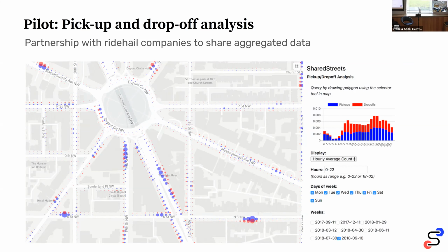It's something that the city of Toronto has used to notice that there were pickups and drop-offs happening in bike lanes, and so they're starting to think about how they can put in some barriers or more enforcement to protect cyclists. So having this information is something that a city can use to really change what's happening and try to improve quality of life for people. That's made possible by being able to describe the street in a certain way, exchange data, and visualize and work with it. The tools that we build for things like this are free, they're open, and they can be repurposed. We're not really trying to sell anybody anything, we're just trying to unblock them. So that's the kind of thing that we do.